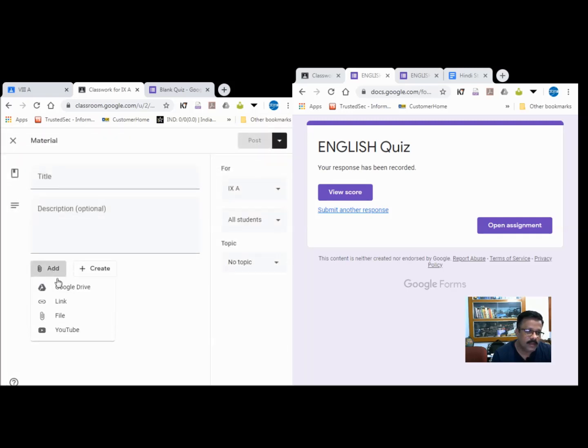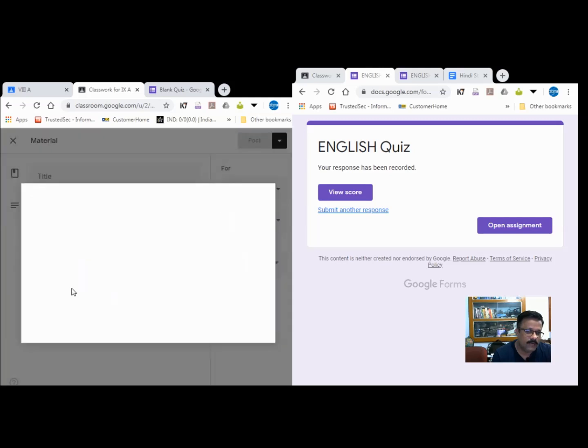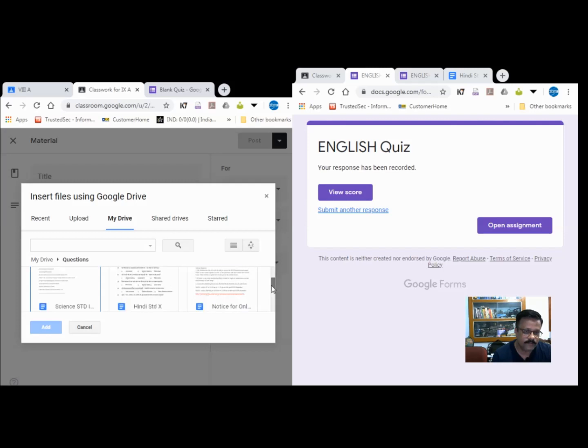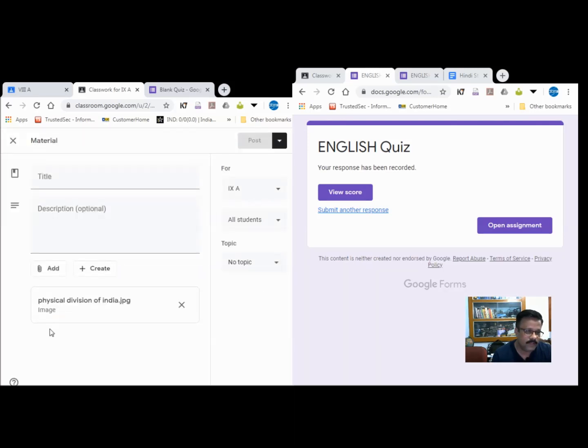Material, add, again from Google Drive. I am uploading another type from my Drive, my upload. So this is a question folder. I'm uploading some questions here again. Let it be a map. This map I am uploading here.